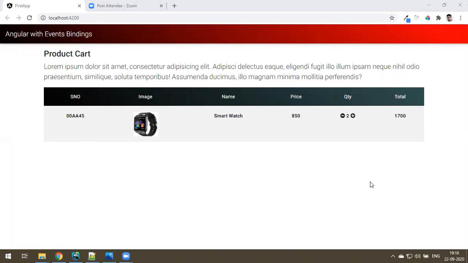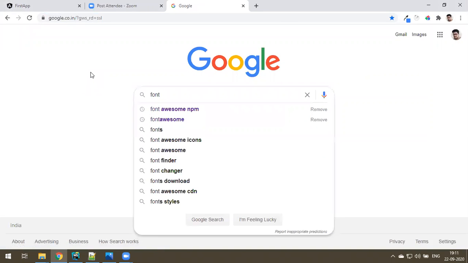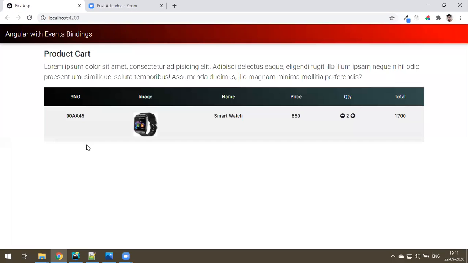Now what is FA? Font Awesome icons. You can use Google Material icons or Font Awesome icons. You can just refer to this one. There is an online website, Font Awesome. For icon specific needs, we use this library. If you follow my Bootstrap tutorial, I regularly use a lot of Font Awesome icons. So you can use them. Yeah, just remember Font Awesome. Fine. Yeah, I got two icons.